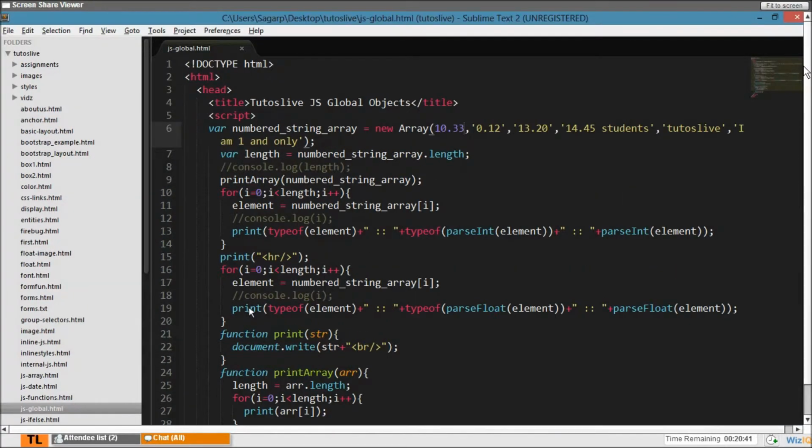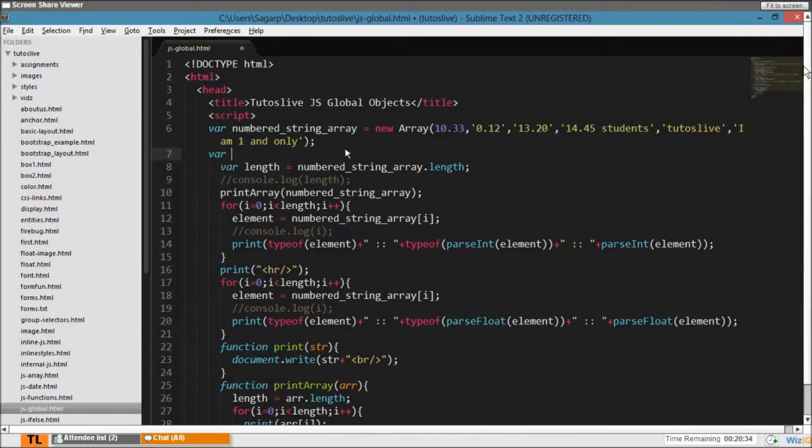So var test equal to new Array, an array of, let's say, 10, 10a, 10.33 and 5, like such.